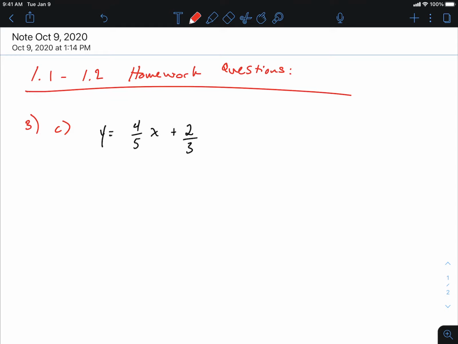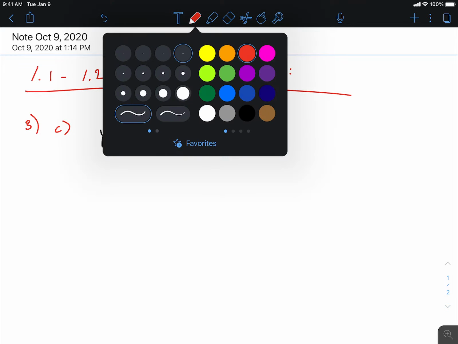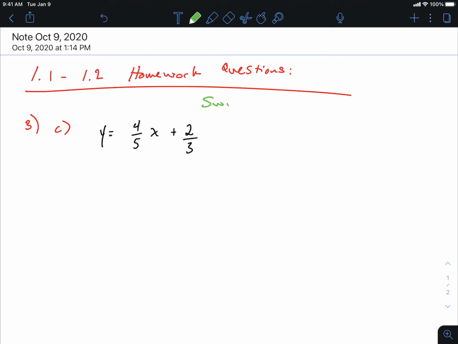So with this, the question here is going to say something like switch from y equals mx plus b to standard form. Okay? So with this, when I see fractions like that, fractions are hard to deal with, but also maybe even a little bit easy because you know you're going to be doing some form of multiplication, okay? I've got two fractions there with different denominators, but to get rid of them,